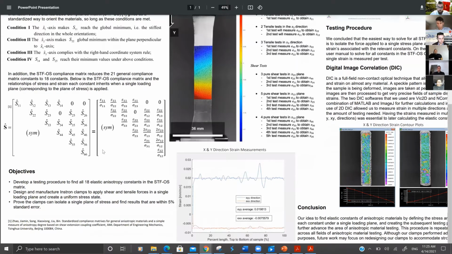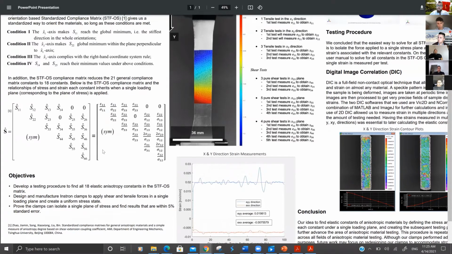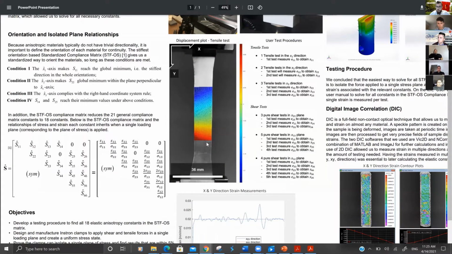As for our objectives, we develop a testing procedure to find all 18 elastic anisotropy constants in the STFOS matrix. Design and manufacture instrument clamps to apply shear and tensile forces in a single loading plane and create a uniform stress state, which can be seen in this displacement plot right here. We know that we start here and increase along the y direction to this blue area. This makes sense in a tensile test because we stretch along the y direction, we know the blue is higher than the red,